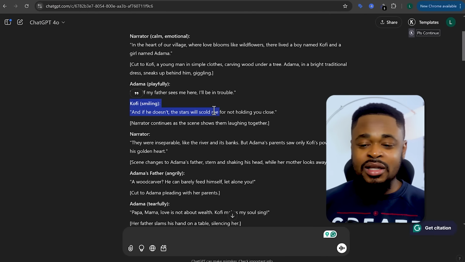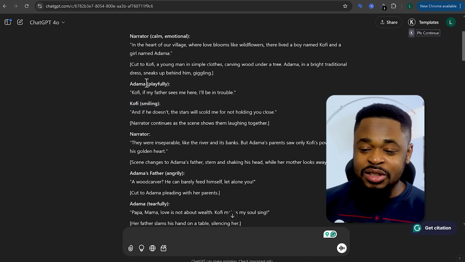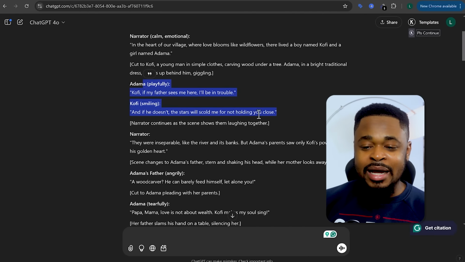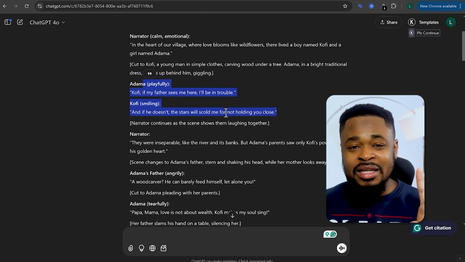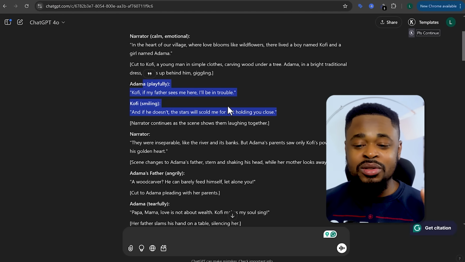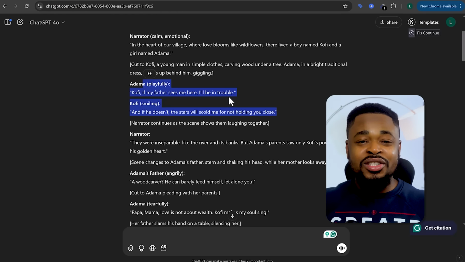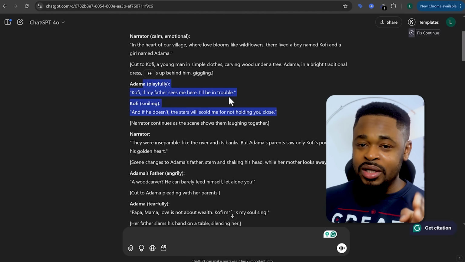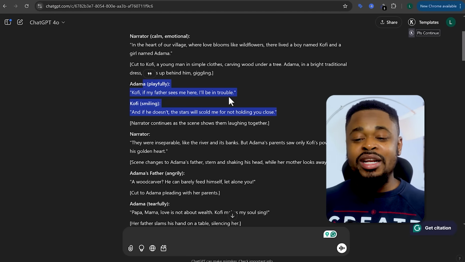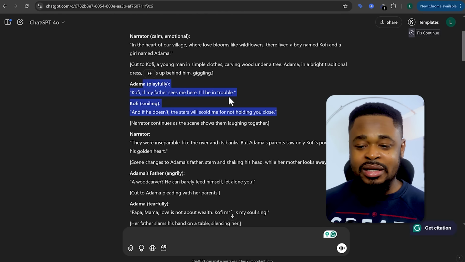So you're going to have 3 different images for just these 2 dialogues. You're going to have Adama's image alone, Kofi's image alone, and then where both of them are seated together. So you can capture where Adama is talking, just her, where Kofi is talking, just him, and then where both of them are talking together.